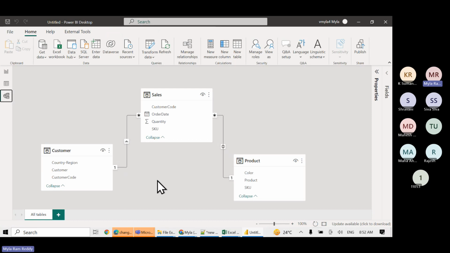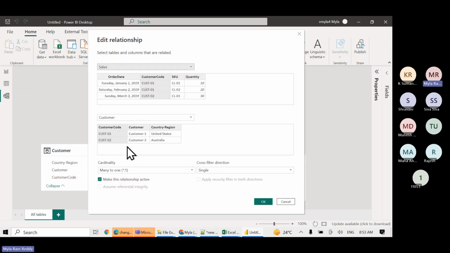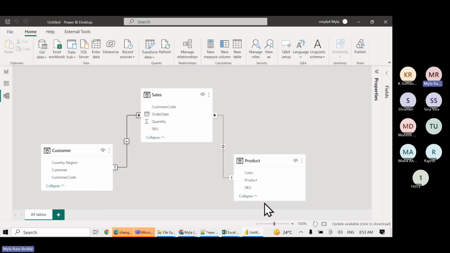Then what is your solution? Here also we need to change it to bidirectional, both, sir. Excellent. Here also we need to change this direction from single to both. Go and try to make it. Double click on this one. Then we are trying to set it as both. Then click on OK. Then if you go here,